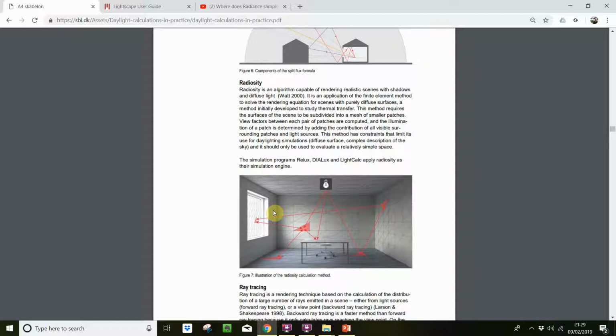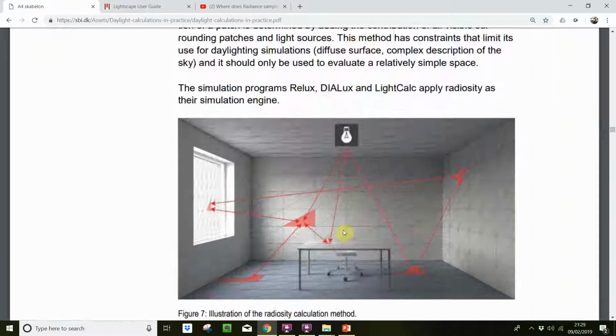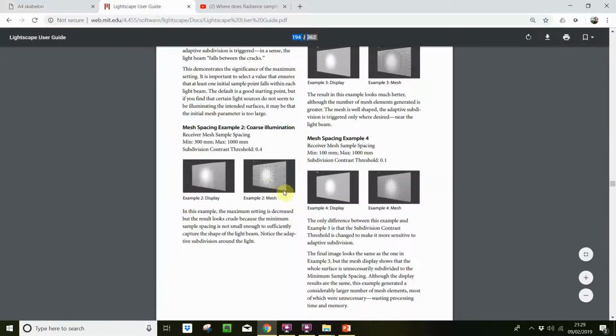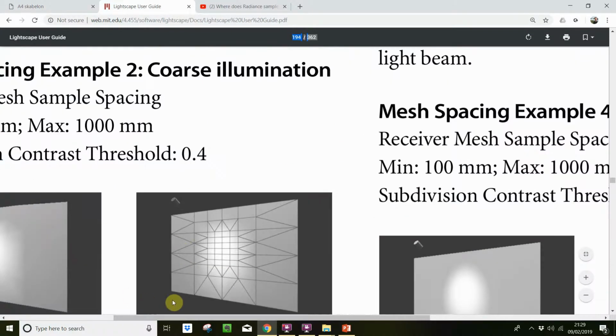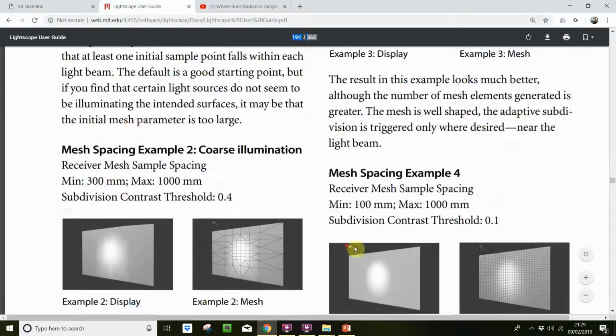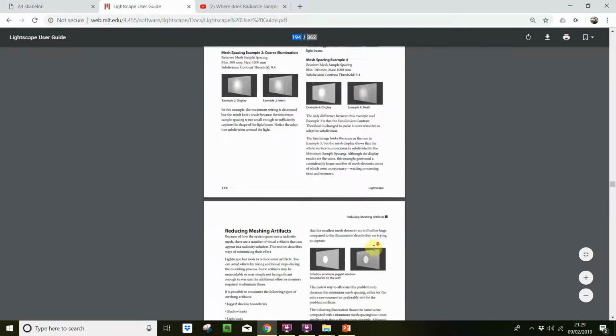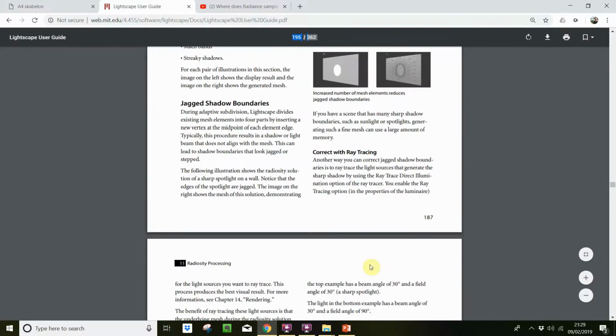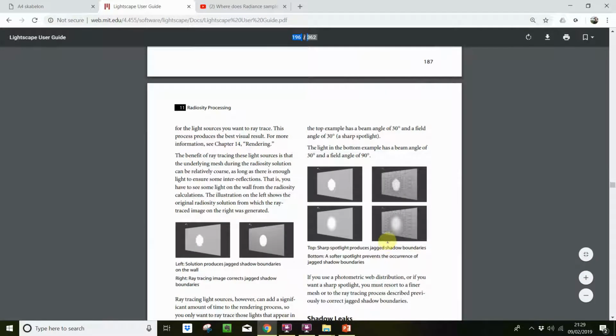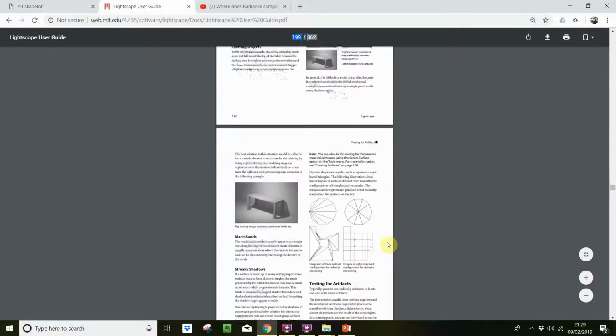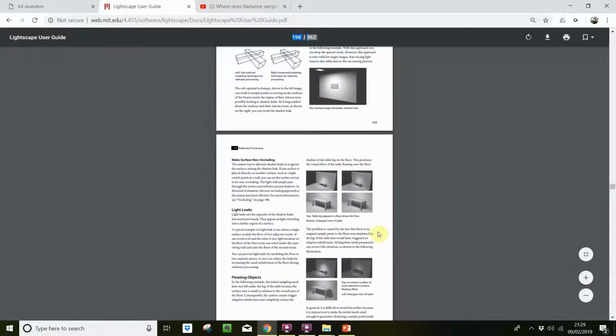So what are the limitations of using the radiosity method? There's a real big one that can become an issue. Well, firstly, there's obviously the accuracy issue: if you're using too coarse a grid, you will start to get artifacts, and you may start to get inaccuracies. So you need to understand what the accuracy requirement of the calc is. The other one is